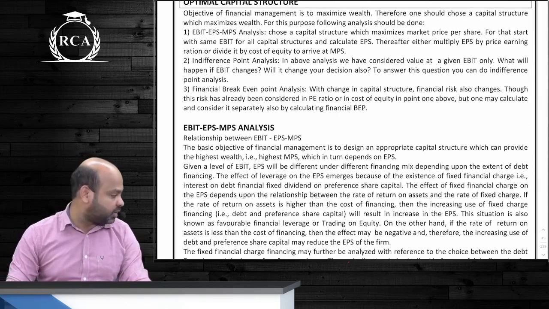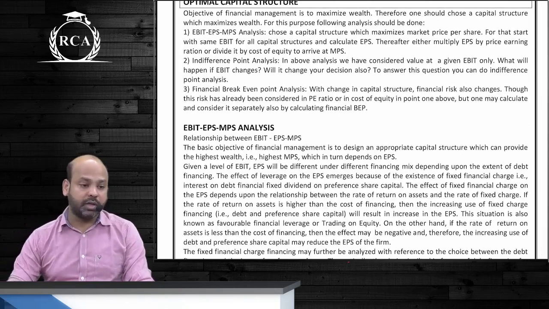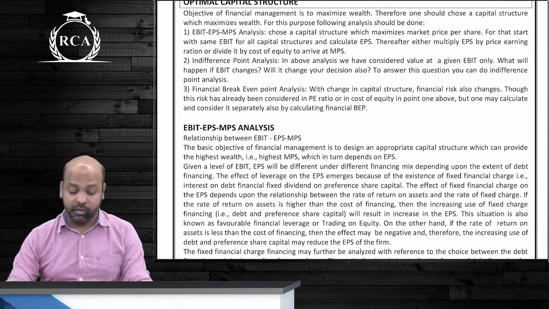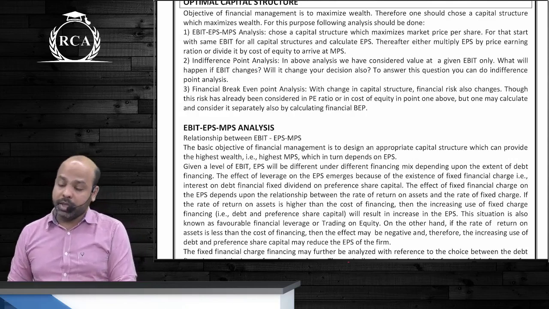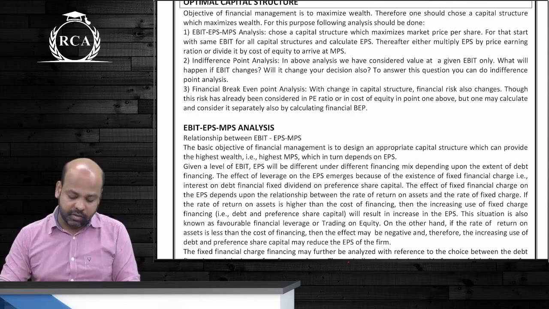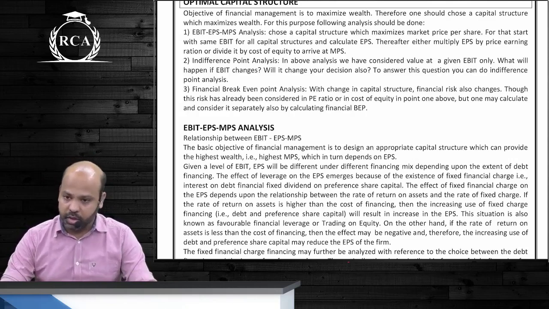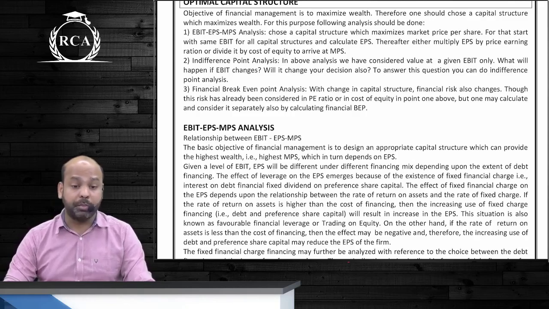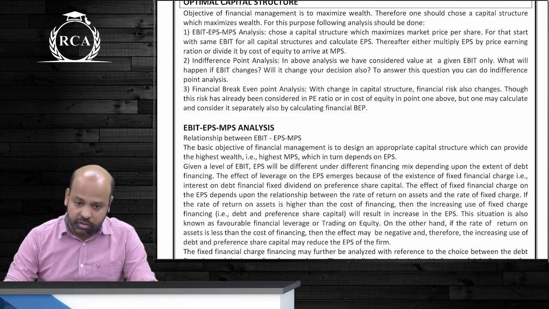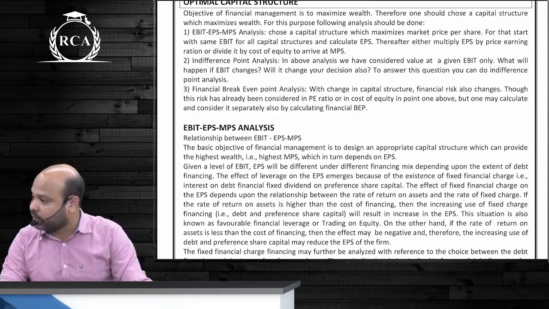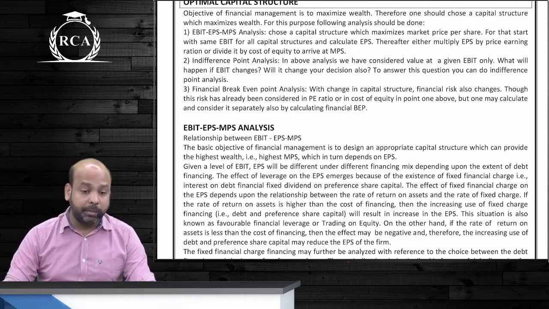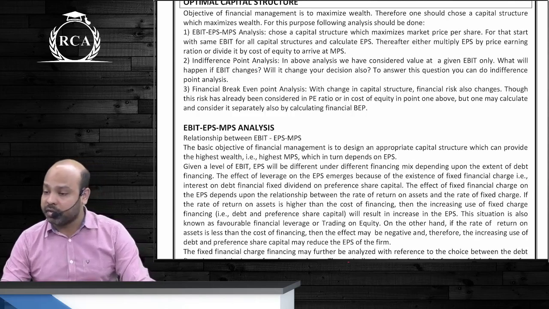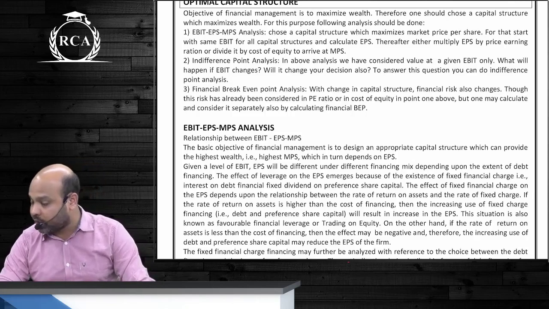इसके अलावा बेटा this chapter also talks about 3 factors: EBIT, EPS, MPS analysis, indifference point, financial break-even point. EBIT, EPS, MPS analysis beta is that we know what is the expected EBIT from a project. We are going to compute EPS under different capital structures. Whichever capital structure results in the highest EPS, that alternative is to be selected. EBIT, MPS analysis में बेटा instead of taking a decision on the basis of EPS, we take a decision on the basis of